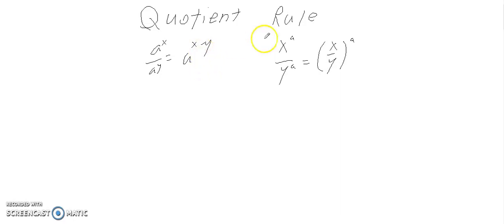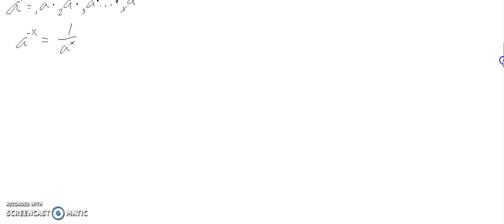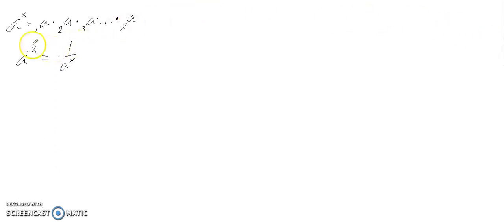Hi there. In this video, we're going to be going over the quotient rule. For this, you're going to need to know two things. Like all the others so far, this method of writing exponentials and what exponentials are, so repeated multiplying. So in this case, this is multiplying a x times, so 1a, 2a, 3a, all the way up to xa's,